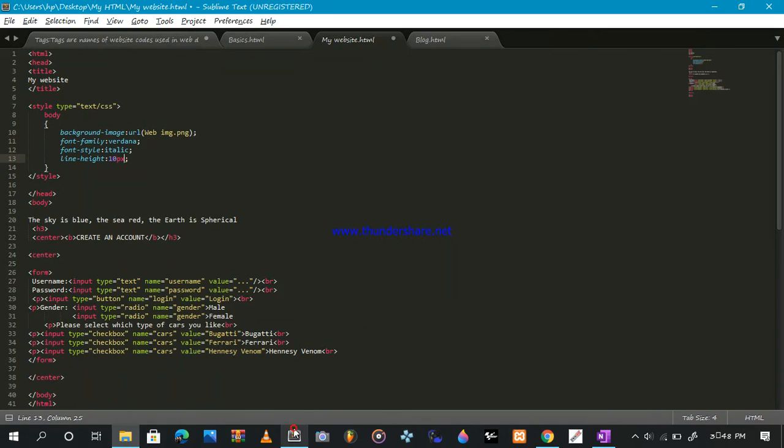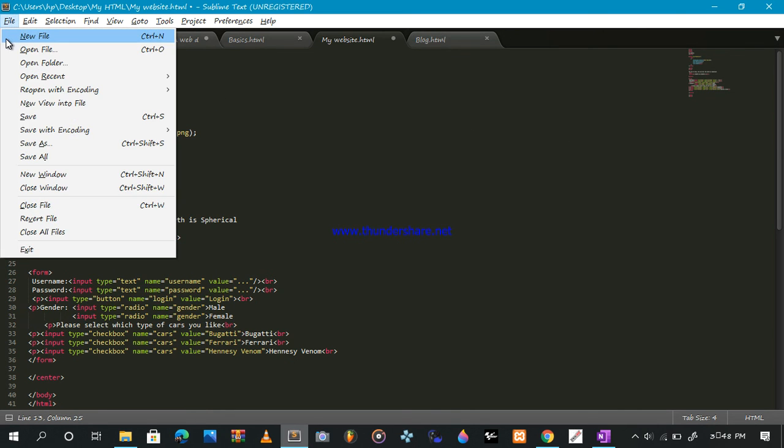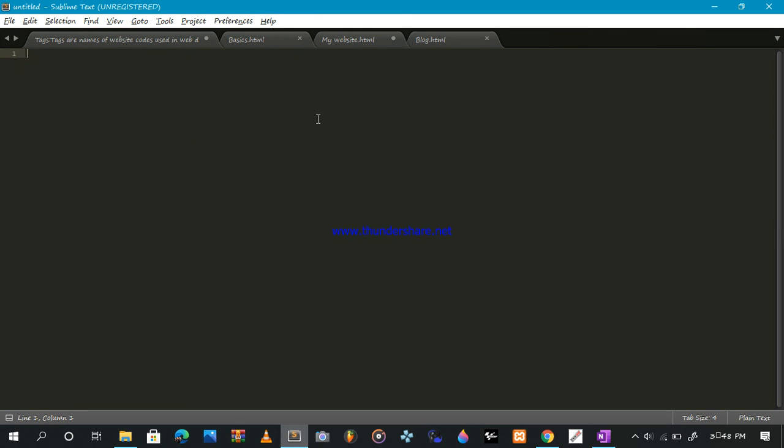To do that, on your Sublime Text application or whatever HTML application you're using, just head to File, and then create a new file. Once you create a new file, you can save it as style.css,